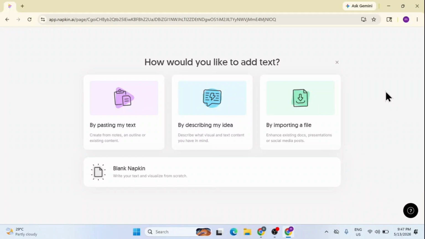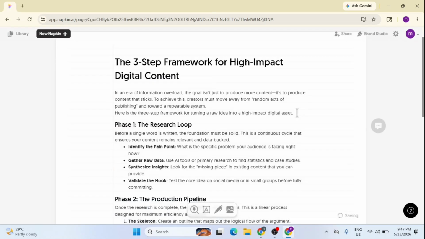In this video, I'll show you how to use Napkin AI to visualize your blog post content quickly and easily. First, I'll click on the blank napkin option to open a fresh workspace. Once the page loads, I'll bring in my blog post content, which in this case is titled The 3-Step Framework